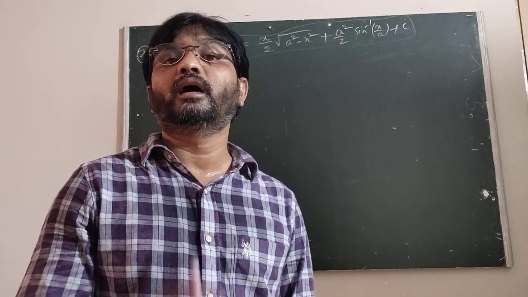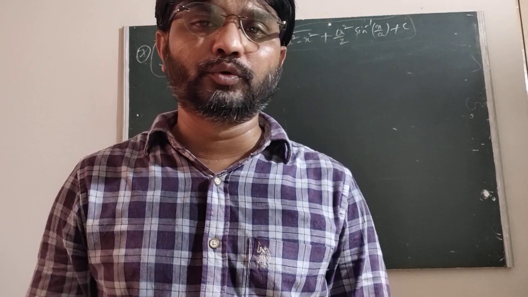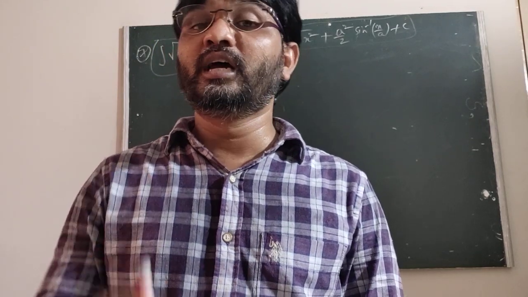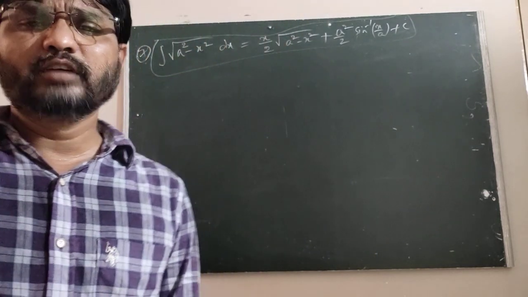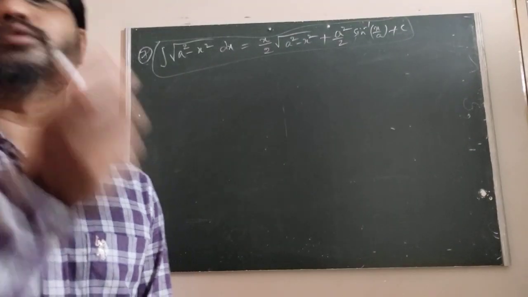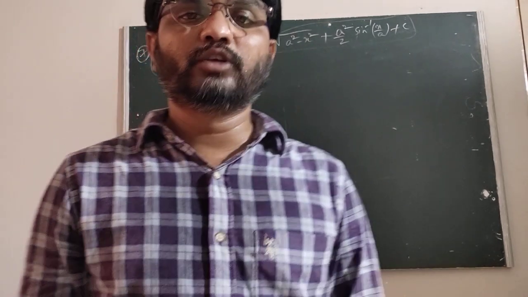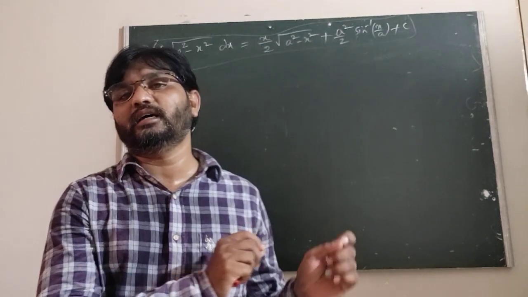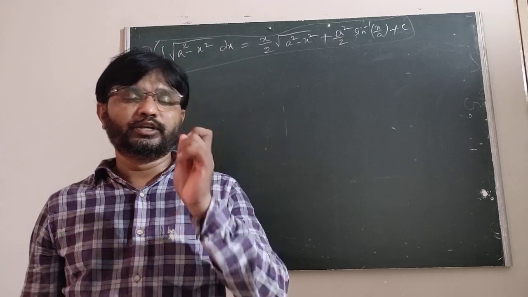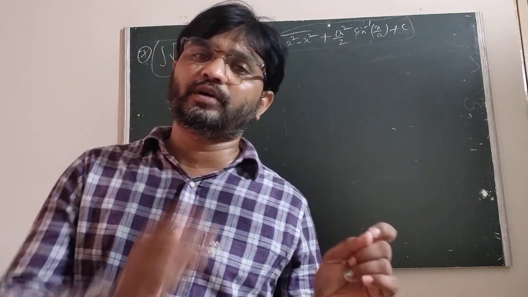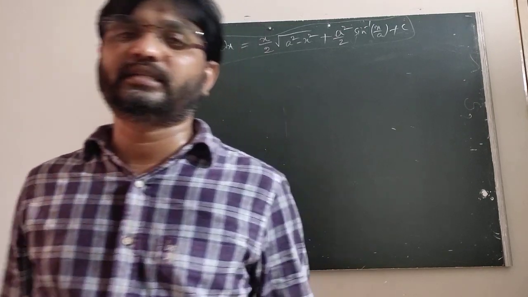The integral of under root a square minus x square dx is x by 2 under root a square minus x square plus a square by 2 sin inverse of x by a. Every time we are thinking of a suitable substitution, but here it is a square minus x square. So first of all, we can write the standard substitution. We already know that the standard substitution for root of a square minus x square or 1 by root of a square minus x square